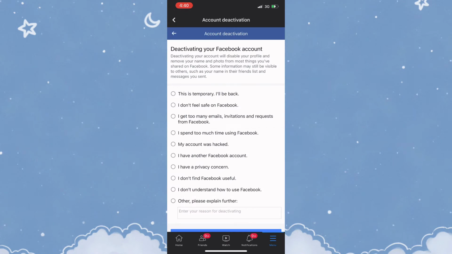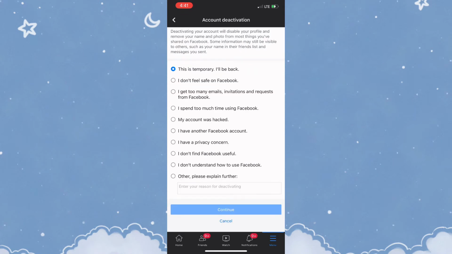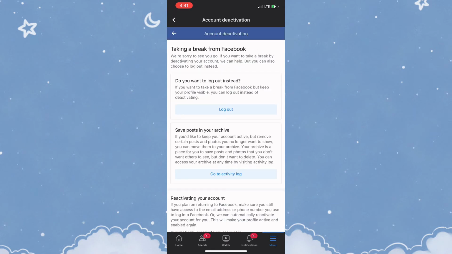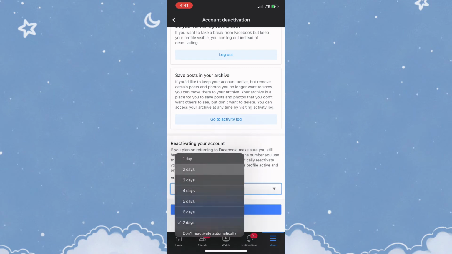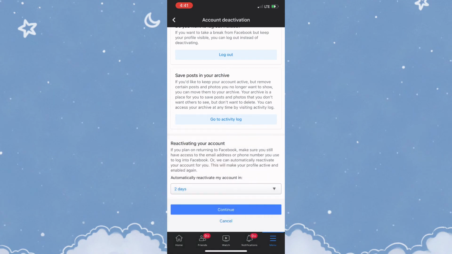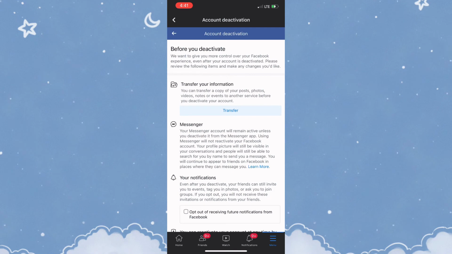Now at this point, you'd need to re-enter your password for security purposes, and then you'd need to select the reason for deactivating your account. So you could click on this is temporary, I'll be back, or if you have another reason besides the option given, you could simply enter that into the box below and click on continue. Now at this point, you would need to scroll down and click on the amount of days that you want to deactivate the account for, and once you've selected the amount of days that you would like your account to be deactivated for, you could simply click on continue,